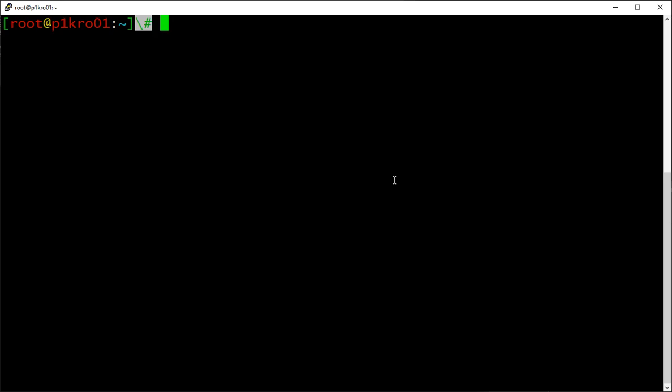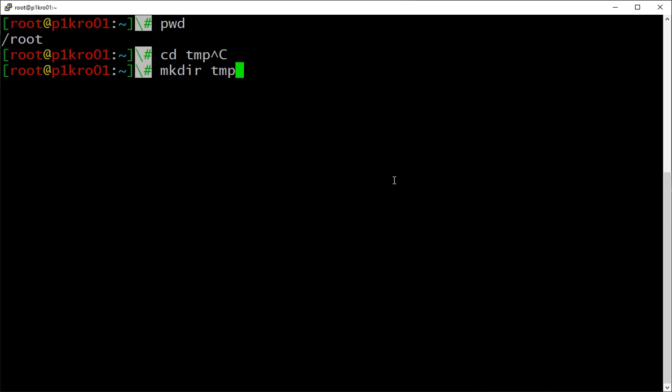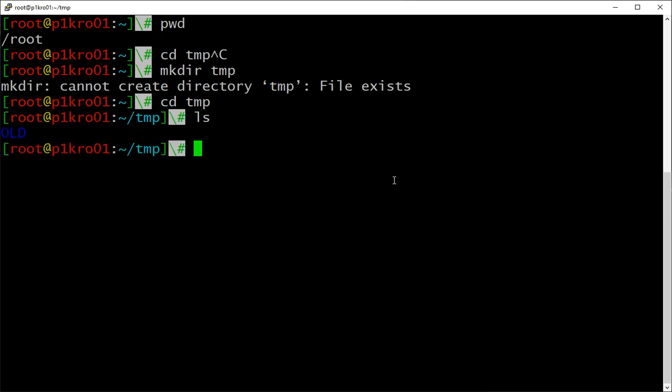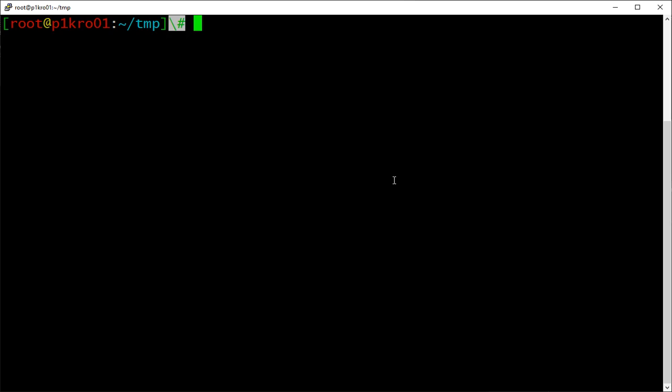But before we start, let's just do a print working directory. Okay, I am at /root. I like to go to a temporary directory, so I can do a mkdir temp. Already there, great. Then I change directory to temp. Let's do an ls. Yeah, pretty empty. Okay, good. So now I can do a wget, and then I have to specify